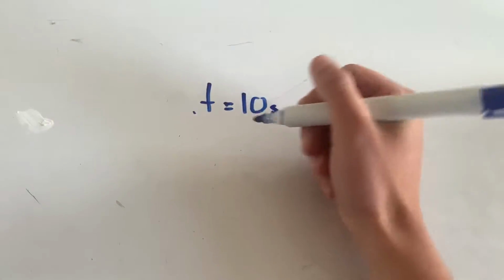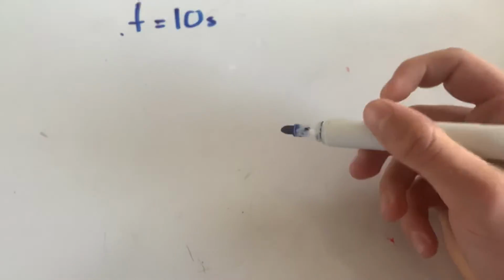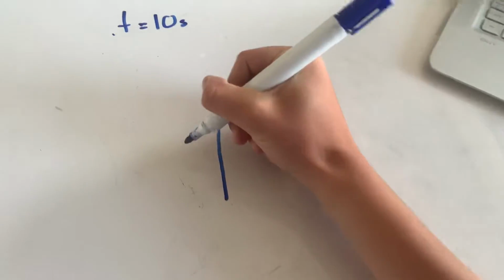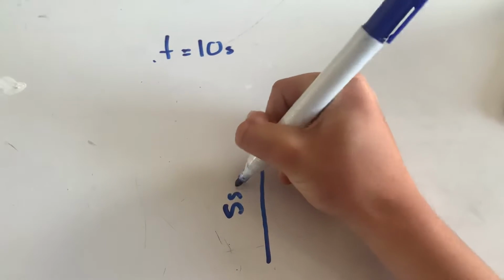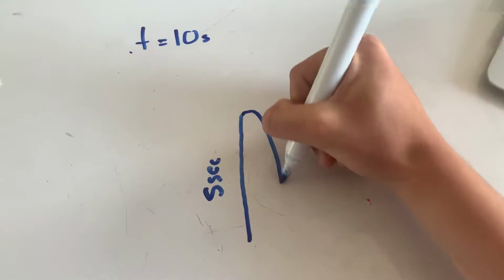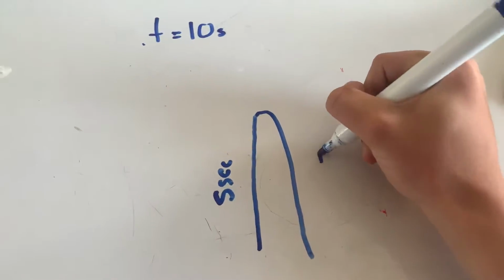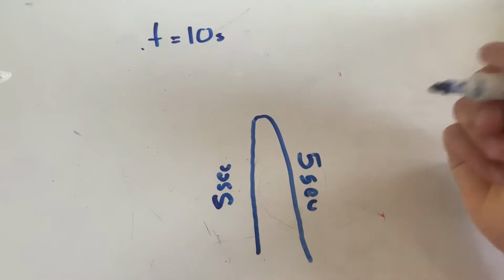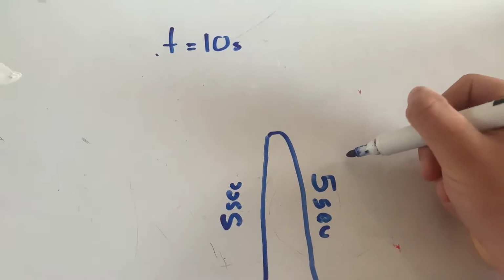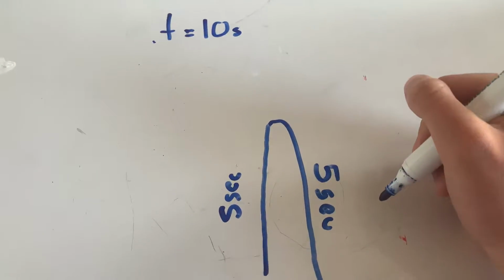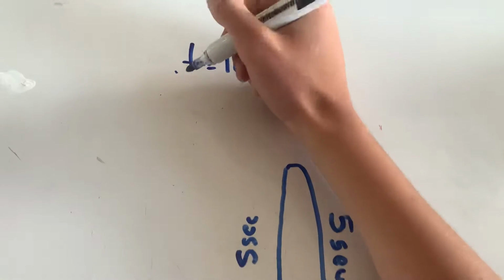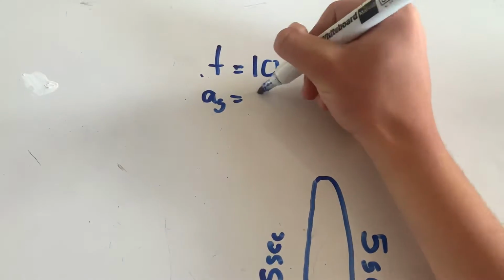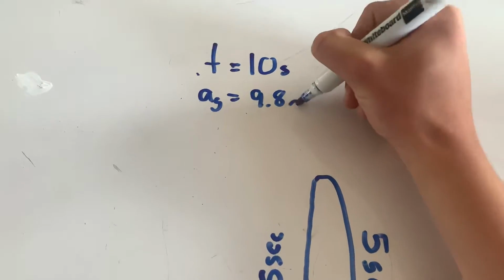And then we know that, right, let's draw the picture next actually. So the potato goes up for 5 seconds, and it comes down for 5 seconds. And what's that force that's making the potato go up? It's gravity. And gravity, we can put it down as acceleration due to gravity is equal to 9.8 meters per